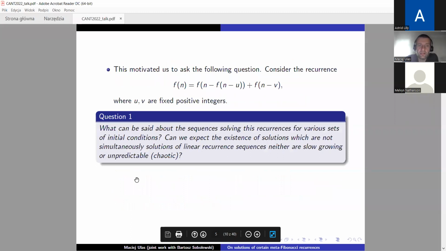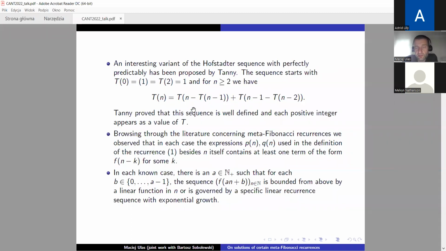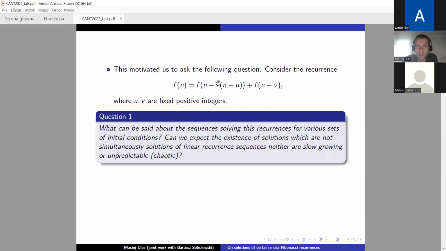So these two observations motivated us to ask the following question. Consider this recurrence. Here we have a typical term, n minus f(n minus u) plus something, which is really similar to the Fibonacci sequence, and we fix u and v. So the question is, what can be said about the sequence solving these recurrences for various sets of initial conditions,